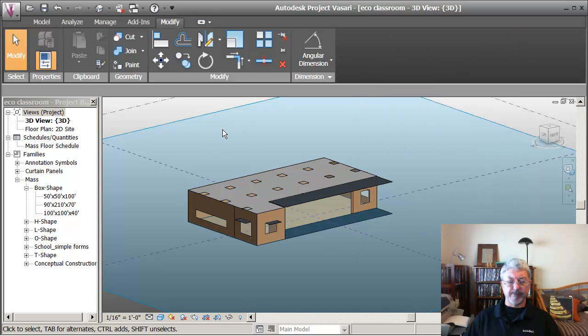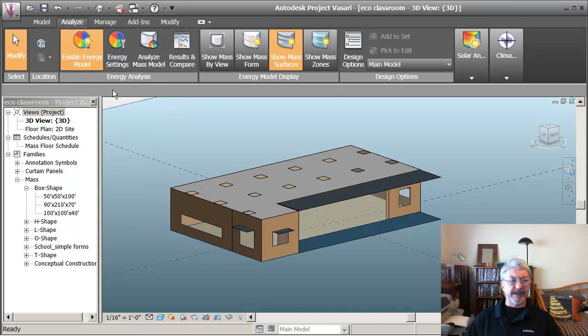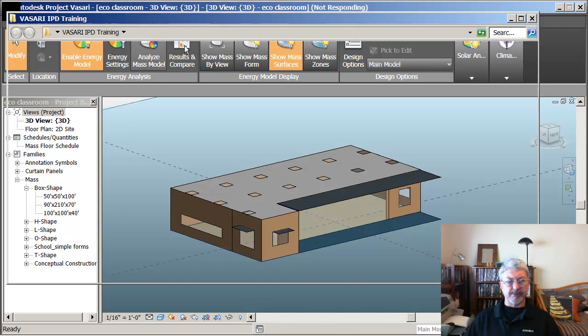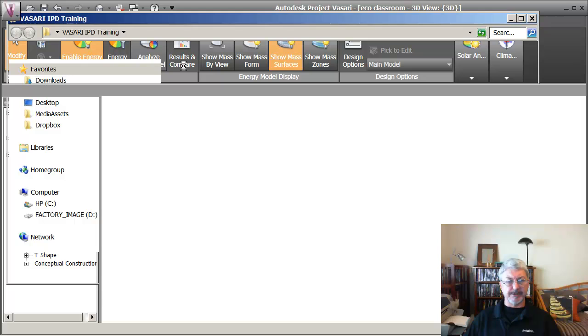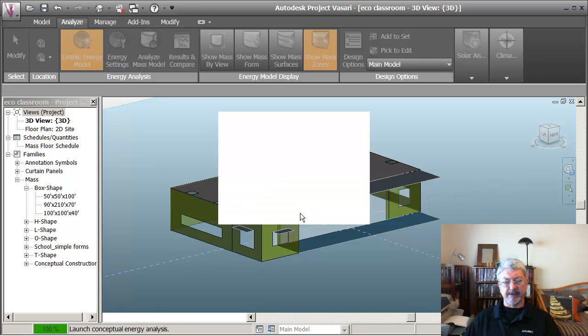Let me close the window there. I'm now ready to do the actual study. So I can go up to the Analyze tab and say Analyze the model. And I can even, I believe, click on the results and compare, which would take me to the site. I wasn't expecting that. There we go. That was something on my graphics card, I think. This is the default name of the report that it's about to produce. I can change the name or just say OK. And then what I was about to do was go up to the results and compare and click on that,